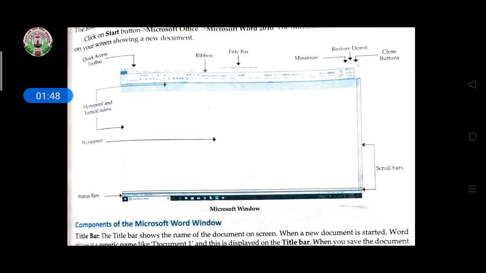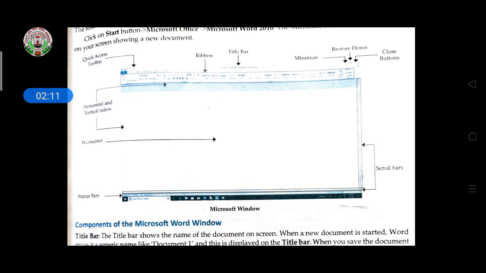Which is the quick access toolbar, what is the use of it, what is the ribbon, the title bar; we are reading these one by one here in the bottom. And then what is the use of the minimize, restore, close button, what is the scroll bar? Scroll bar means you scroll up and down on the screen. Then the workplace is where you are typing.